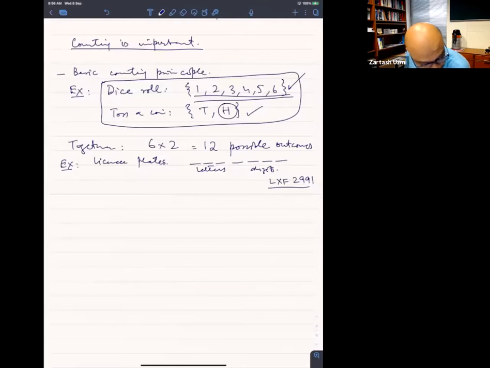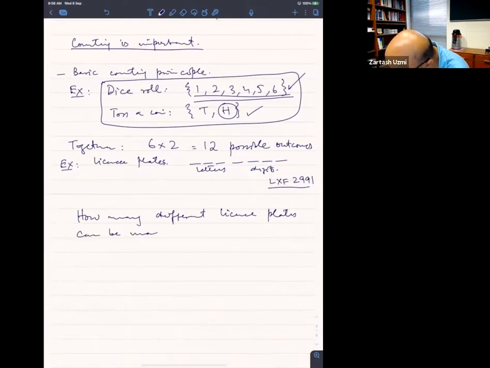Assuming के 0 और 1 आपने डिसअलाउ कर दी। How many different license plates can be made if we disallow the digits 0 and 1? 0 और 1 हमने disallow कर दिया।